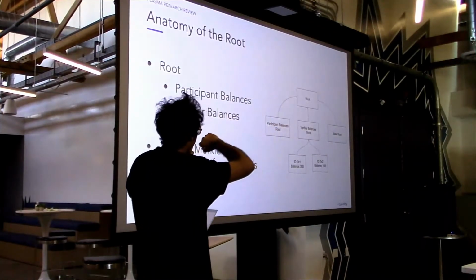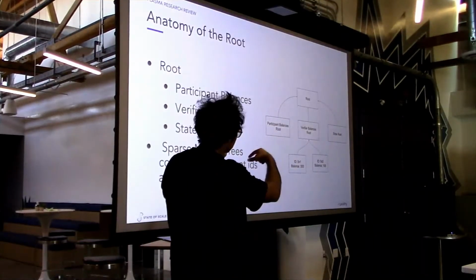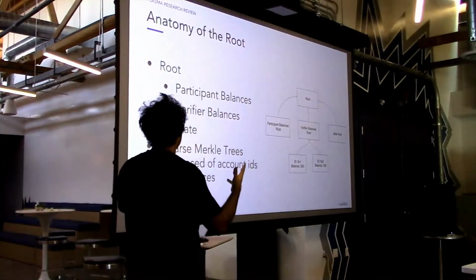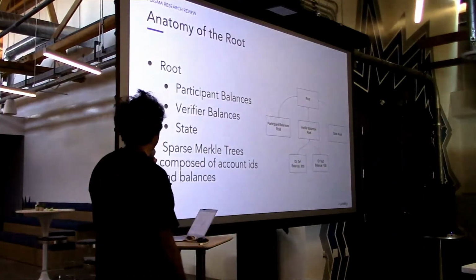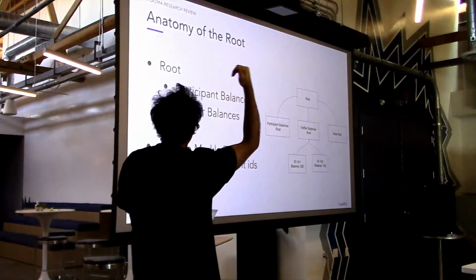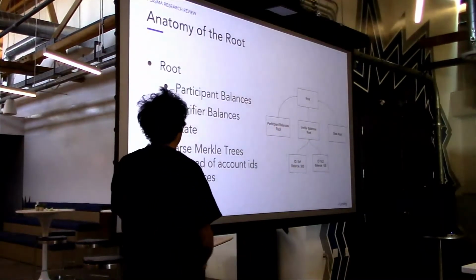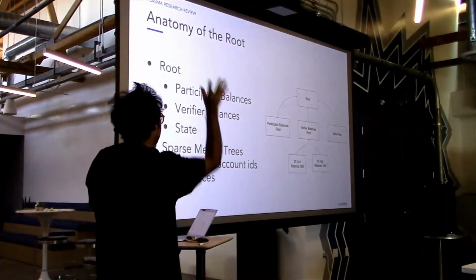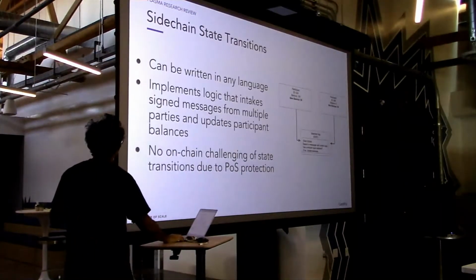And so it says, I'm going to take the balances from the participants and give that over to other participants. And the verifiers also get a portion of these. And this is also where the slashing takes place. The balances are composed of a sparse Merkle tree in which each ID is an account ID, and then underneath is the balances. So you basically just update the balances for the account. That goes into the balance root, and then it all comes to the finalized root.